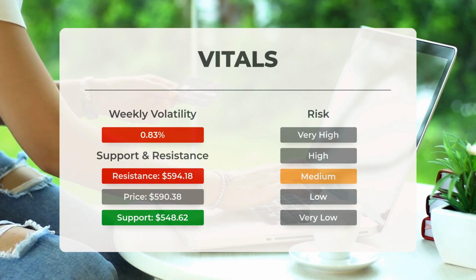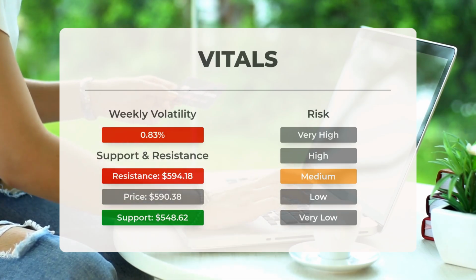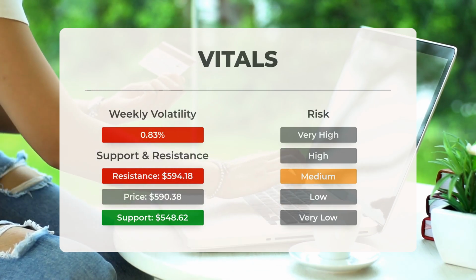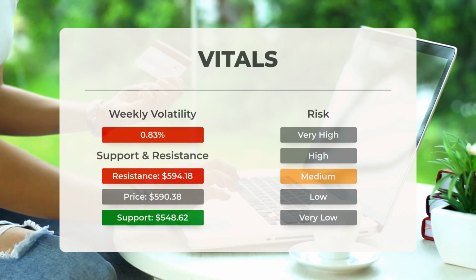In this case, SPDR S&P 500 finds support just below today's level at $548.62. If this is breached, the next support from accumulated volume will be at $505.28 and $504.38. This ETF experiences average movements throughout the day, and with a solid trading volume, the risk is deemed to